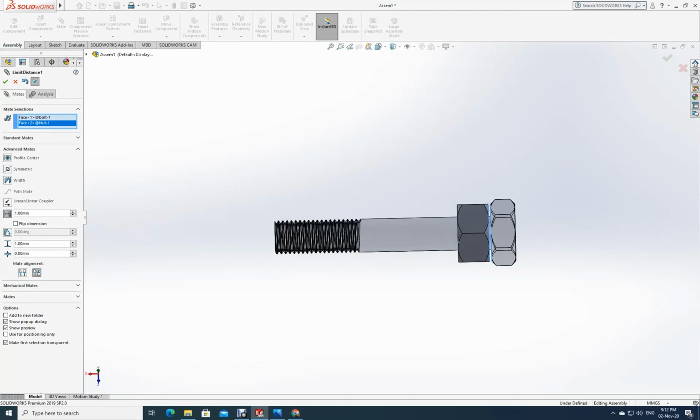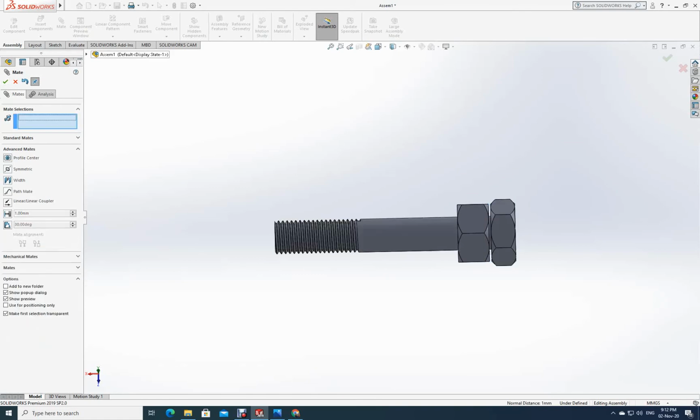So what is the minimum distance? I have made it as 0, and maximum distance, I will make it as 100. Okay, let it be 100. Fine. Now I will say yes. Now see, it will not go beyond this point, is it not? I cannot go out. I cannot move. This is the maximum, this is the minimum.